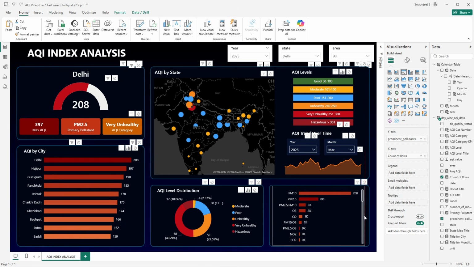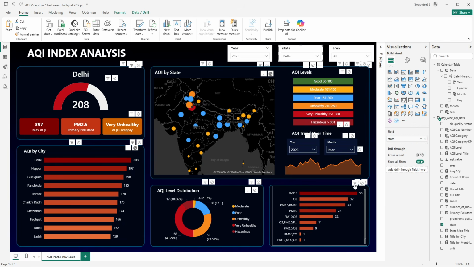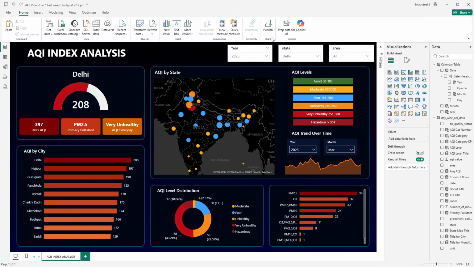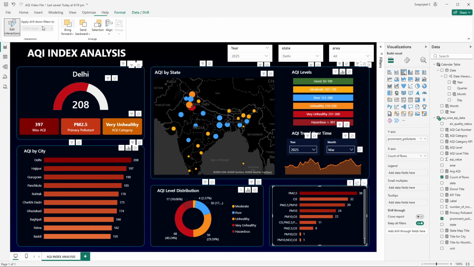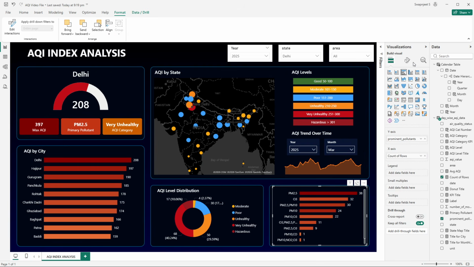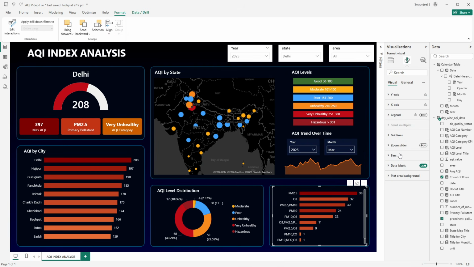And now I'll just come over here, but based on this, this should be filtered. So I'll just select that, and it should be filtered based on this, right? So we can see for a specific state, right? Similar way, I will come over here, I will delete interaction, and from here bars colors we will remove the